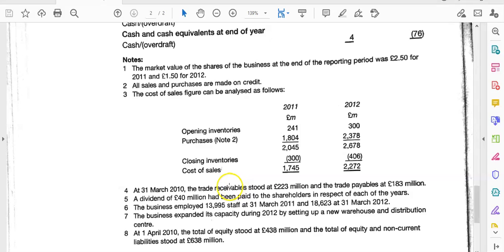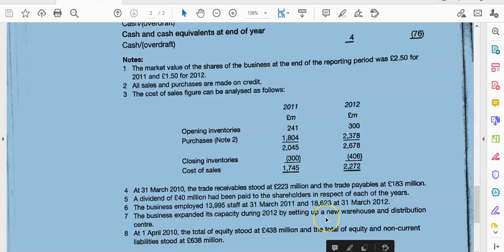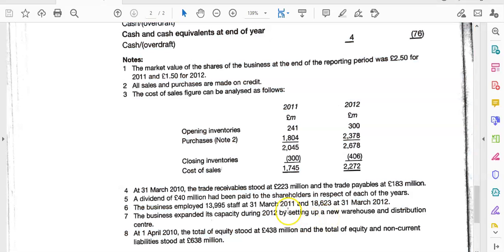Another piece of information happened here as well, if you can see. For example, there's a huge amount of extra staff been taken on. You've gone from 14,000 staff up to 18,500. So that suggests there have been big changes in this business with the new warehouse and new distribution center. So good students will be able to link that information and bring it back into the question when analyzing the overall statements. So yes, it has been a poor performance in 2012, profitability wise, efficiency not too bad,